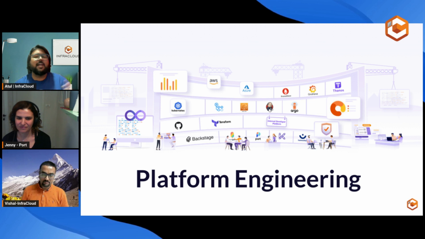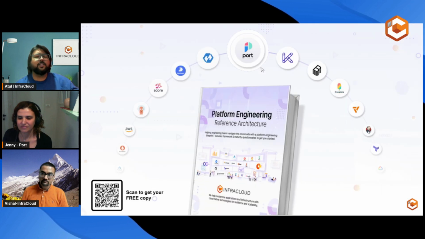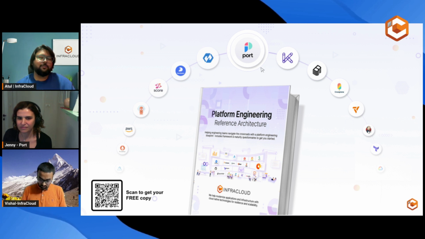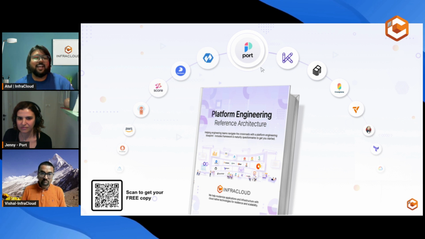Now that we all know what platform engineering and platforms are, one thing we have been discussing over the previous editions of this webinar is that a lot of people know about platforms and platform engineering, and they might have the resources in place. They might have an army of engineers and an army of SREs to build a particular platform. But the whole idea of where to start, how to start, is something that leaves everyone with a question mark. How do we go about it?